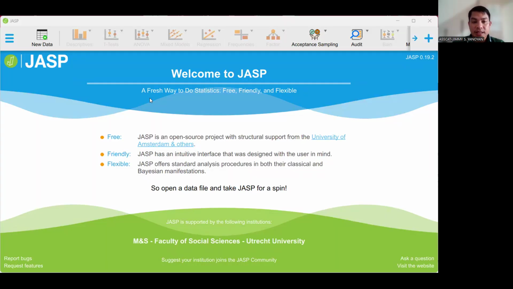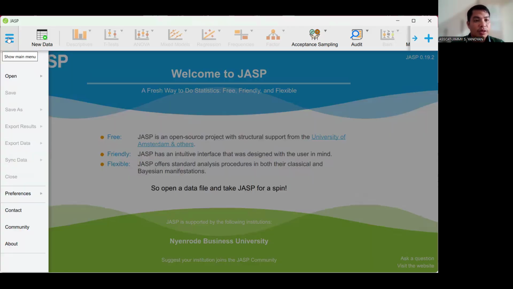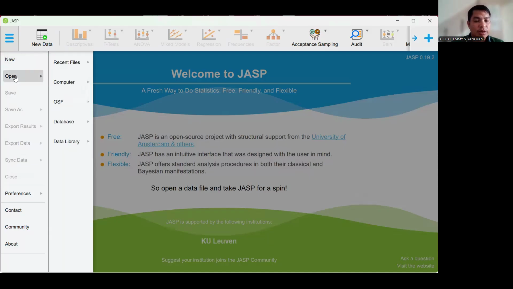So once it is now converted, we have to proceed now with our software, which is the JASP. So allow me to present. Okay, so we are going to click on the JASP software so we can share and open. So next thing that you are going to do is you're going to click on these three lines here, the menu button. So in the button, we have here the new and open. So we are going to click on the open.